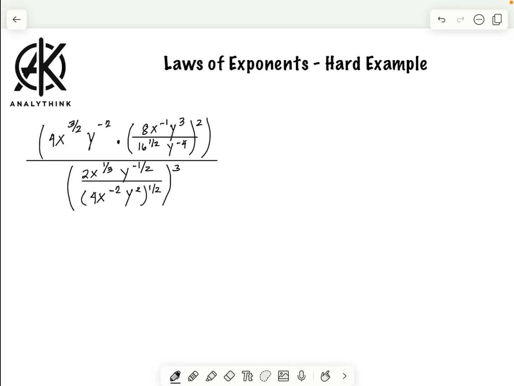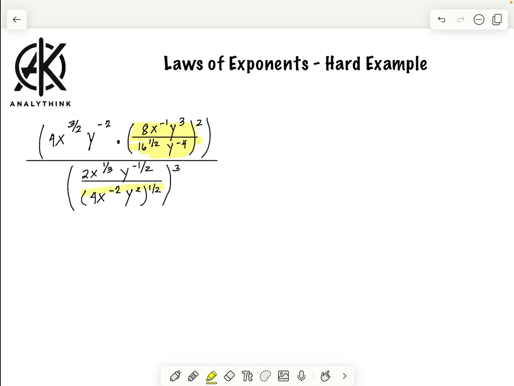In this video, we're going to talk about how we simplify a bit complicated mathematical expression using the laws of exponent. So let's say, for example, you're given this. It's a bit complicated mathematical expression. If you're given something like this, you have to start first with the inner parenthesis. So let's simplify this first